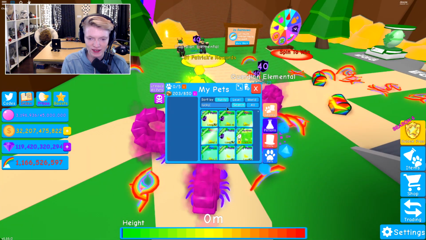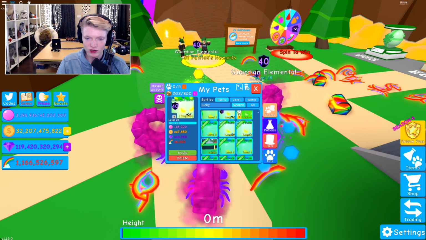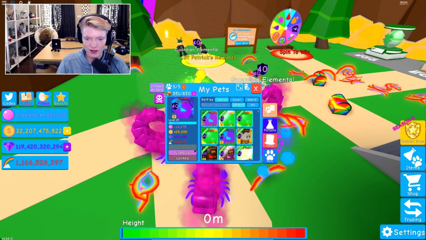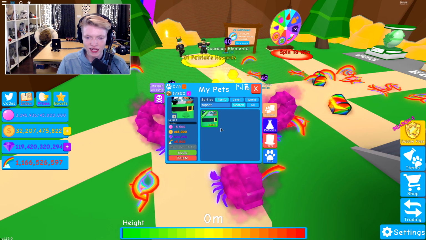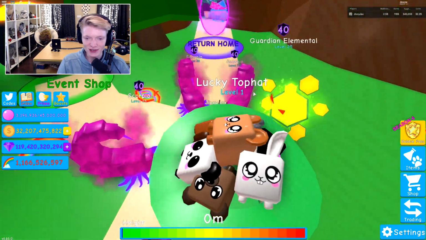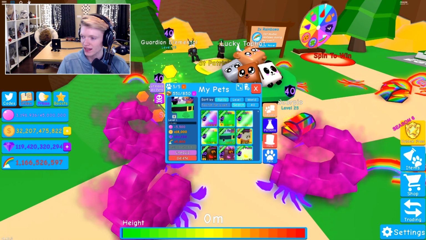Let's actually equip it. Let's unequip which one's our weakest one. Let's unequip the guardian element. Let's go find the top hat. Here we go, the lucky top hat. Look at that pet. It's so cool. That's so good. So what's the stats of it right now? It is